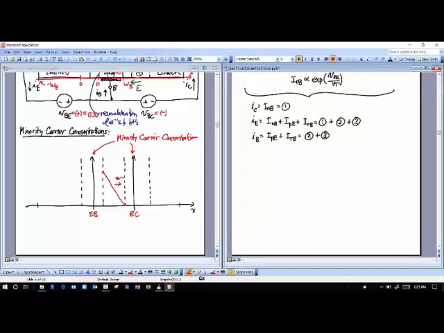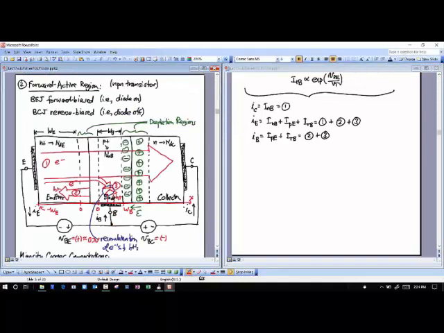But say I wanted to compute this collector current I sub C. All right? How would I go about computing I sub C? So that collector current is pretty much all of these electrons that make it through the base and to the collector. Okay? And so that's equal to the current that goes through the base, the current injected in the base there, and that makes it through. So not all of it will actually make it through.